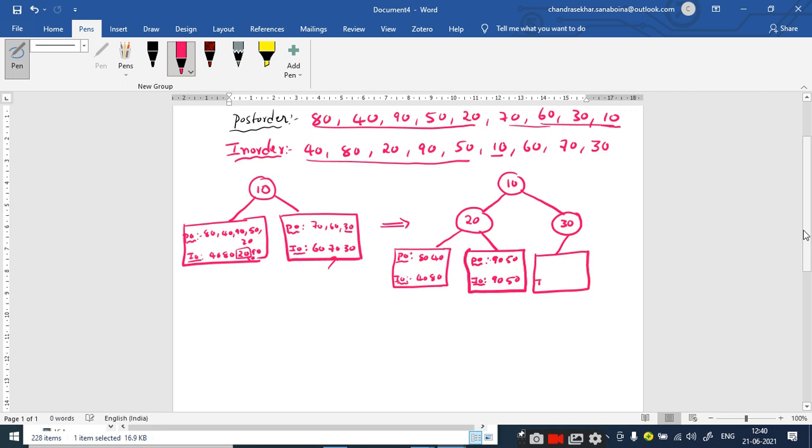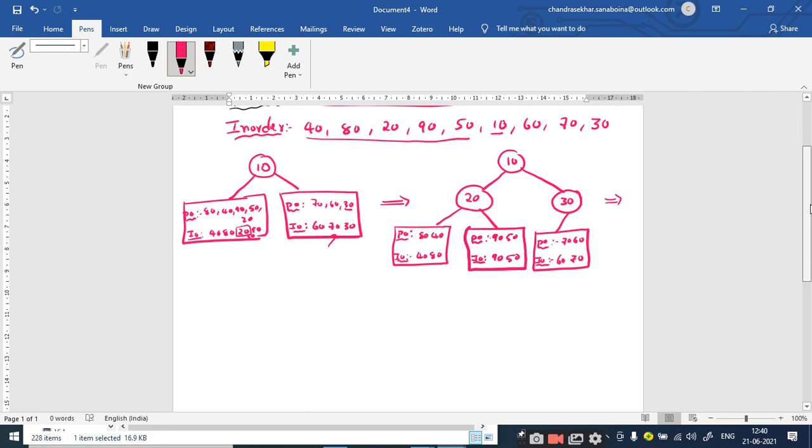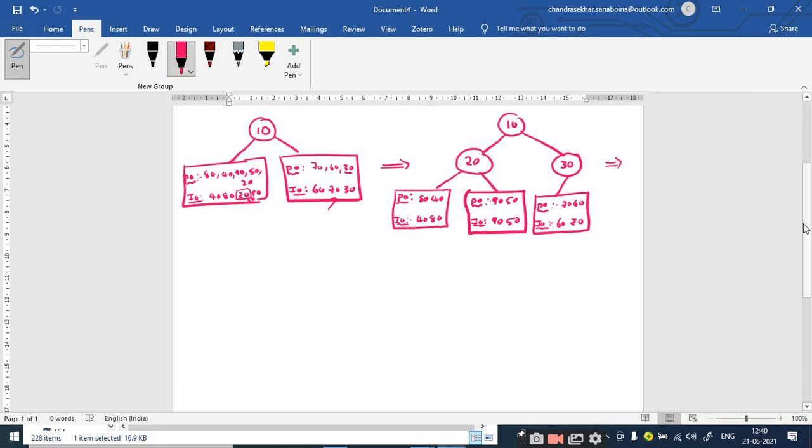Now tell me, what is the in-order traversal of the left subtree of 30? 60, 70, sir. 60 and 70. What is the post-order traversal of the left subtree of 30? It is 70 and 60, sir. Right. Now after this, I apply the same thing here. So I take this 10 root node, as this 20 is fixed and 30 is fixed. My task now is to identify the root nodes of the left subtree and right subtree of 20 and the left subtree of 30. So let us go with the 20 and left subtree.